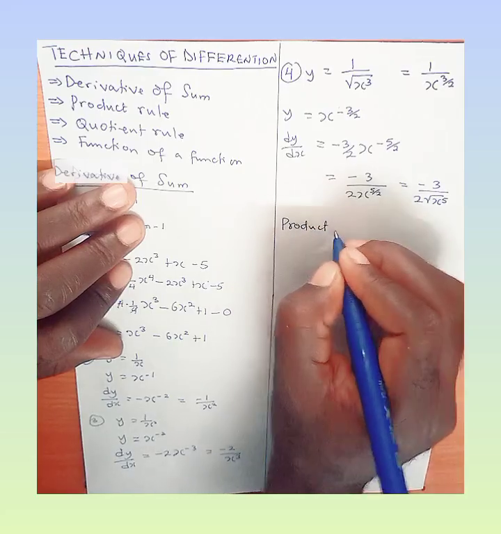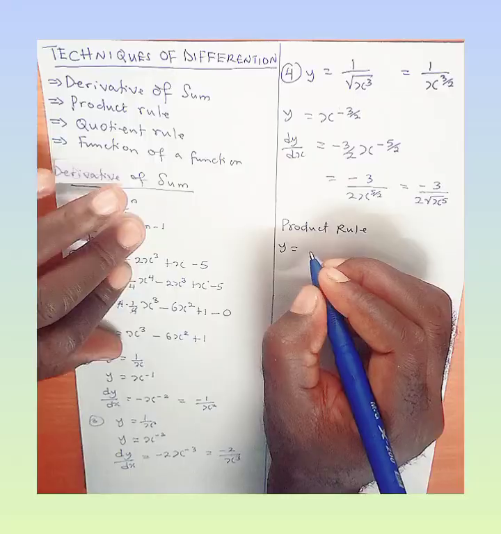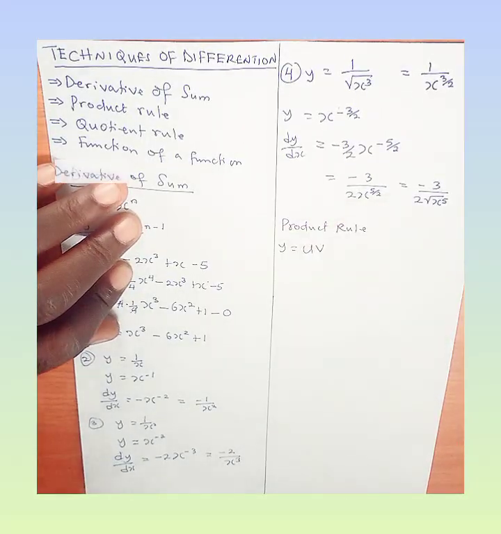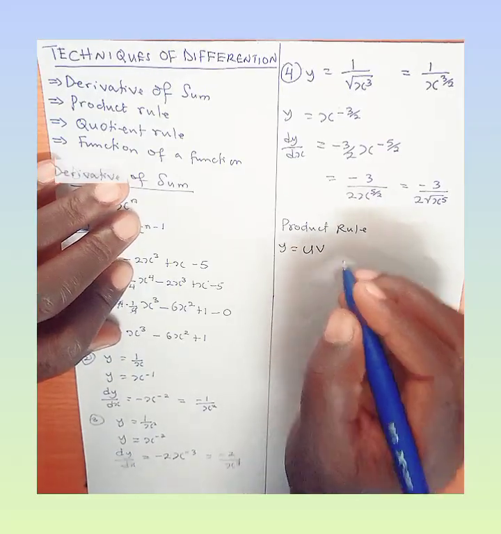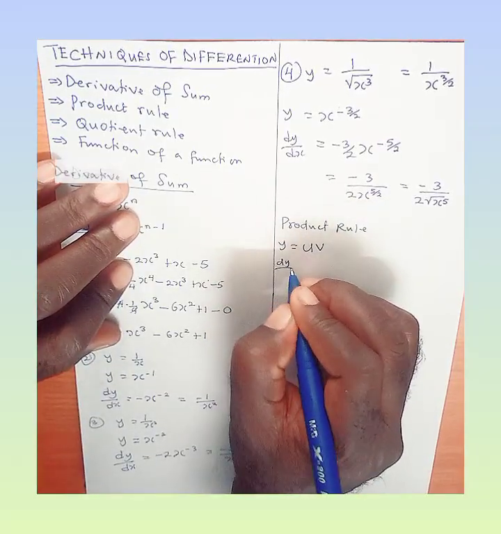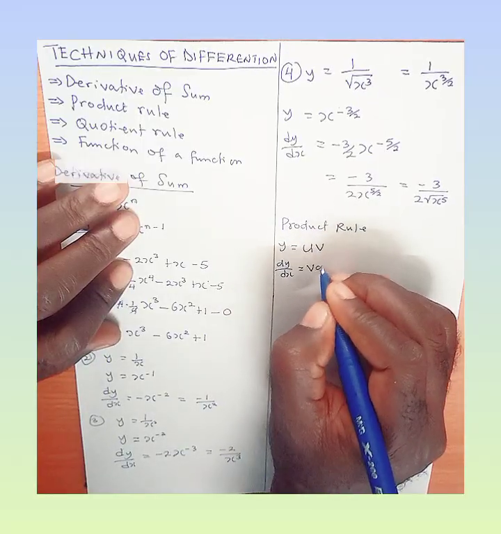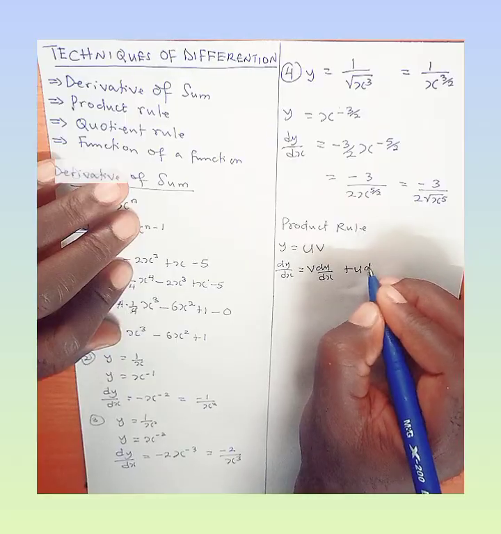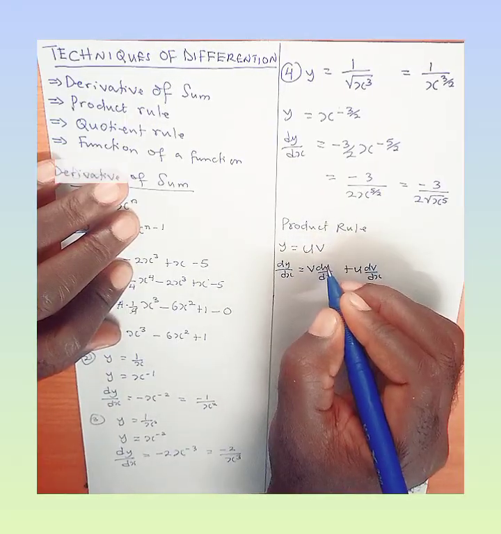Product rule. If you are given y is equal to uv, u and v are multiplying each other, and both u and v are functions of x, then to differentiate y with respect to x, we have v du/dx plus u dv/dx. What this means is you want to differentiate this one with respect to x, which is du/dx,